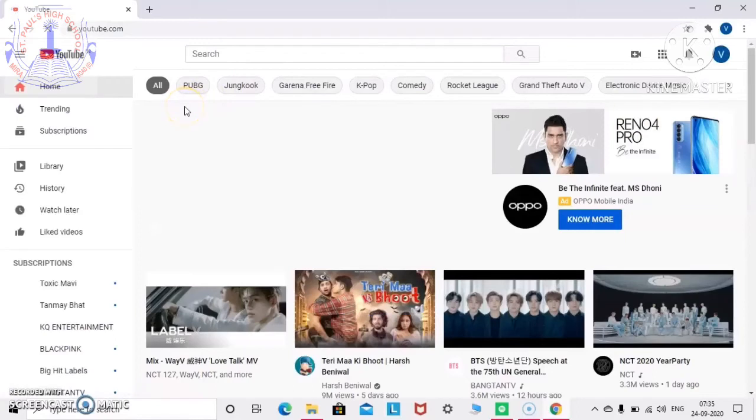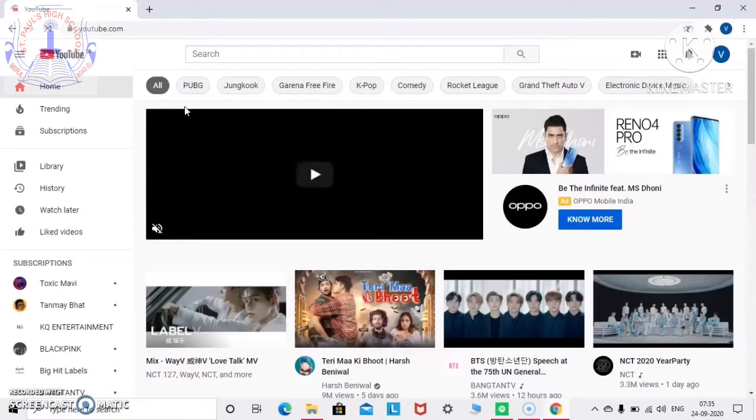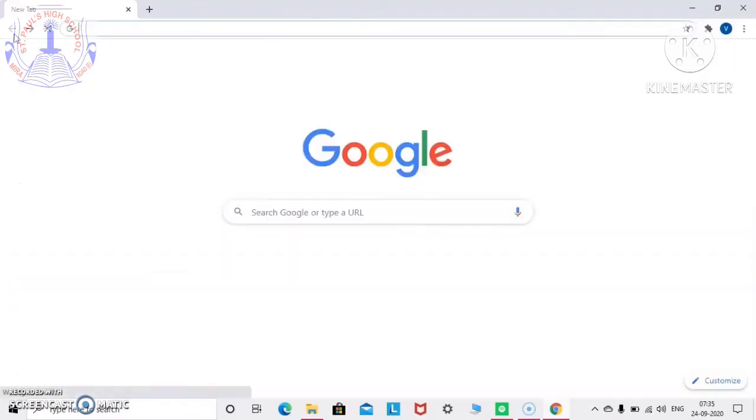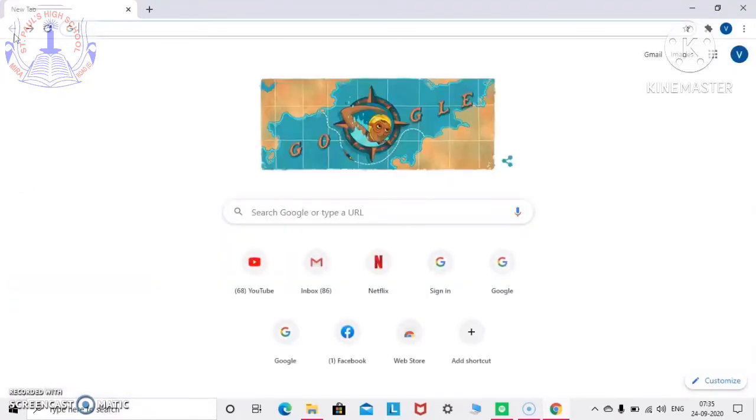Now the next is, I want to go back to my Google page. So what I'll do, everyone can see this button over here. I'll click on back, the arrow which is going back, and I will come back to my home page, to Google again.